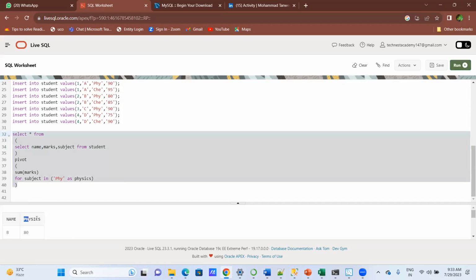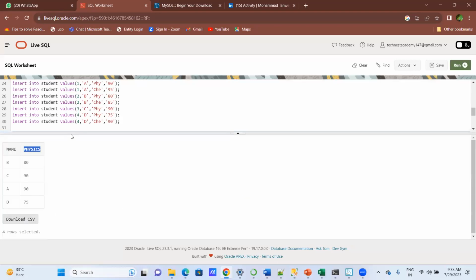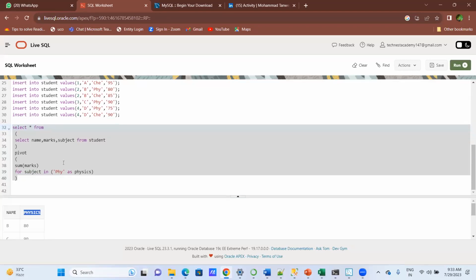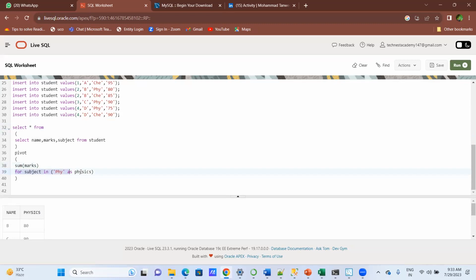You're getting only one column for physics. Got it? Yes. So the meaning of this line number 39 is, whatever you want to visualize in columns, you have to write it here. Is this clear so far? Yes. Okay. Now, if I write this,